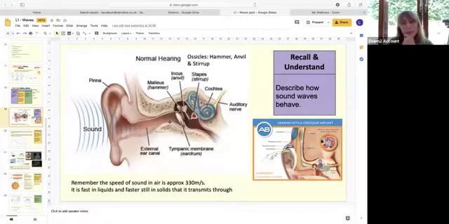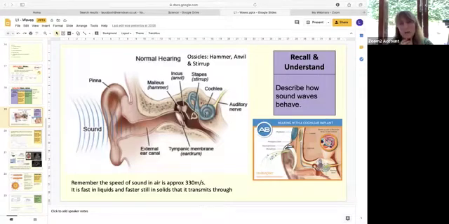What happens, and you have to be able to describe this, is that this sound wave causes the eardrum to vibrate. They in turn call the three smallest bones in the human body, the malleus, the incus and the stapes, or the hammer, anvil and stirrup for their common names. Together they're called the ossicles. They then in turn vibrate together